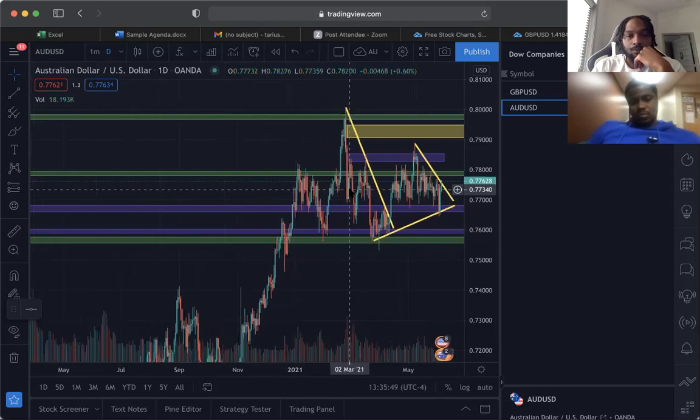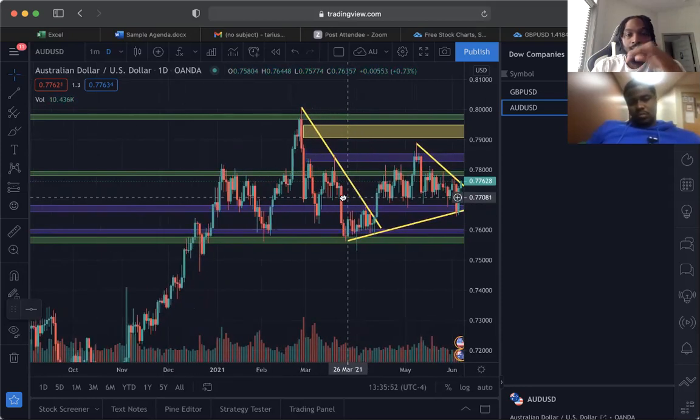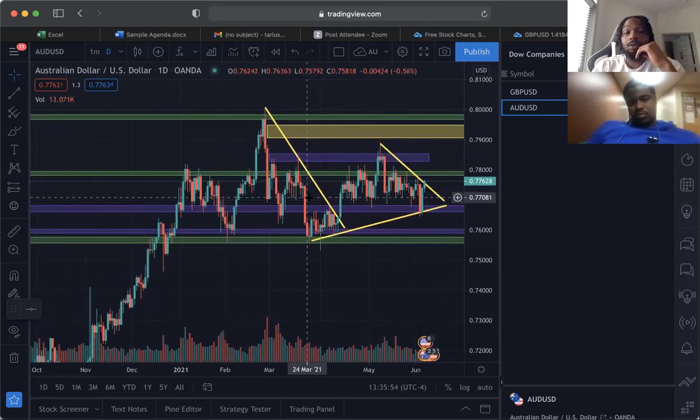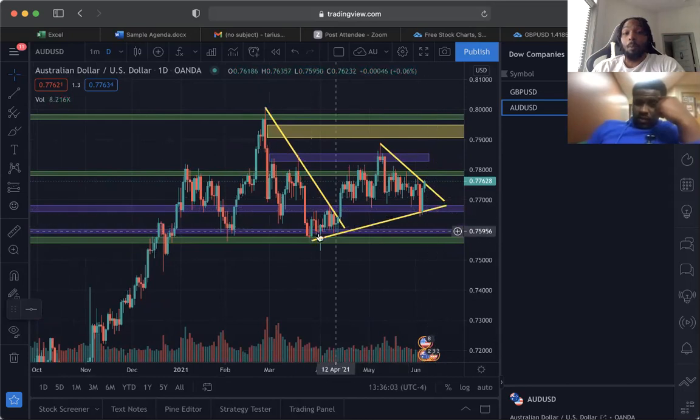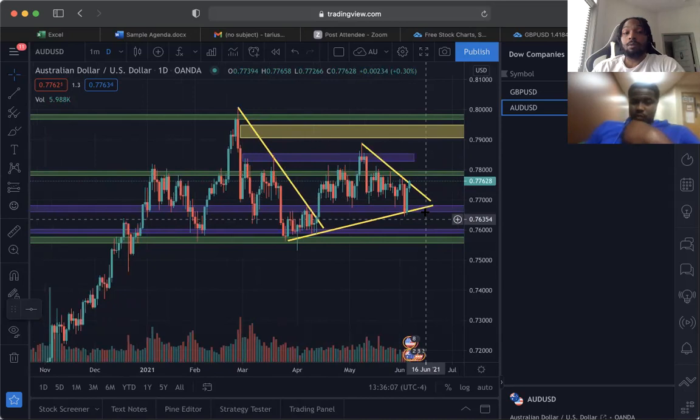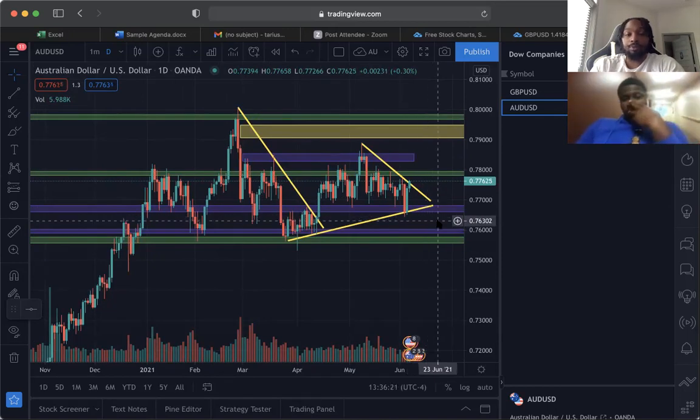but it's maintaining that certain level of support, so that lets you know there's still a certain amount of buyers in the market. Which one right here? Yeah, because it's maintaining this. So it's just waiting on somebody to take control of the market. It's just ranging right now, but there are definitely buyers in the market, you know what I mean? Because it's maintaining higher low points,